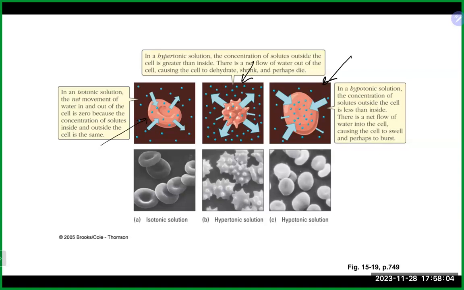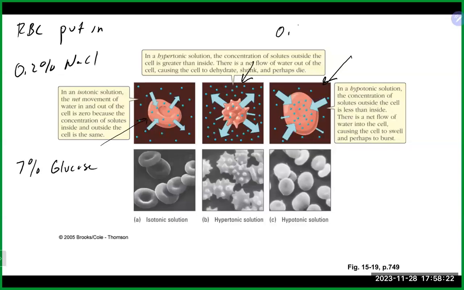So for each of these here, if we took a red blood cell and I put it in, let's say, a 0.2% sodium chloride solution, I put it in a 7% glucose solution, I put it in a 0.9% sodium chloride solution, and I put it in nice pure water here. What will happen in each of these cases? Will it shrink? Will it swell? Will it